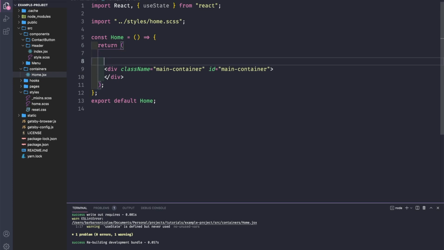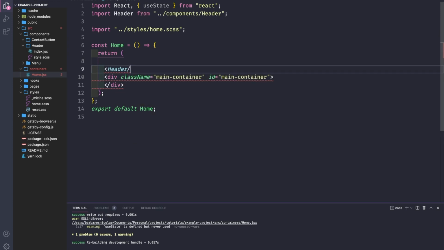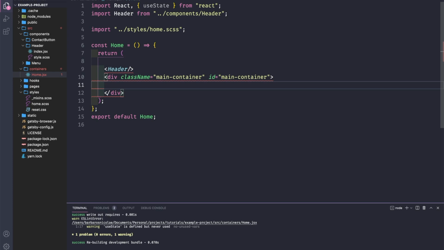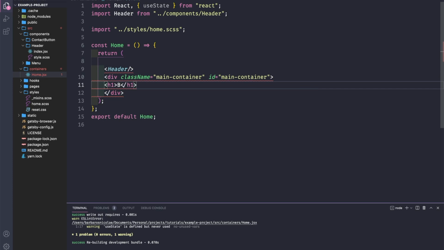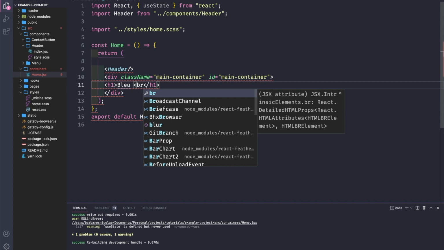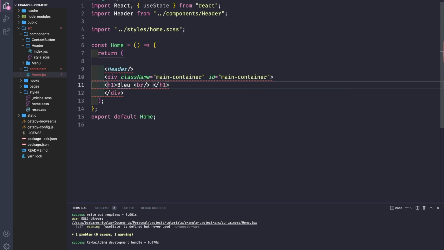Let's see here, header, and here as well we'll need to have our text, an h1 that will be displayed for our top section. So in our h1, we'll write blue, and we'll want after each word to always have a new line, so blue blank